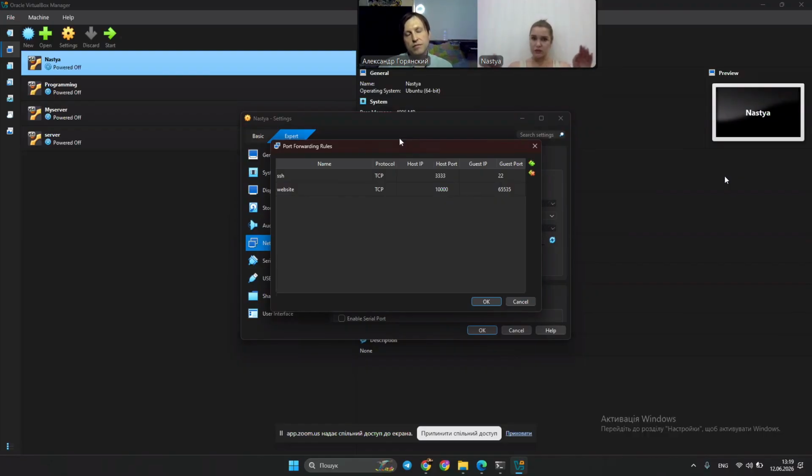No, host port is the door into your router, and guest port is the door into your device. For example, if I want to send the video to your laptop with SSH, I create a guest port, for example 22, and when I send the video, your router knows that,